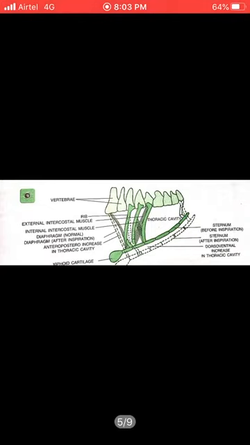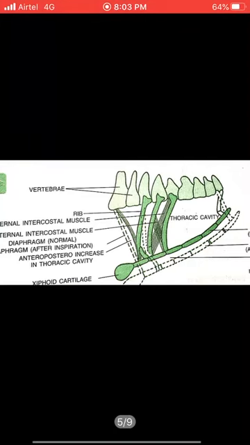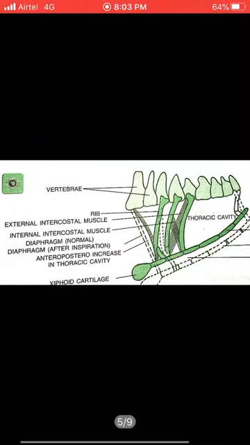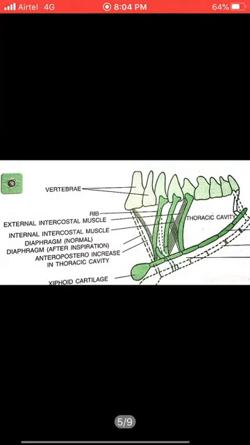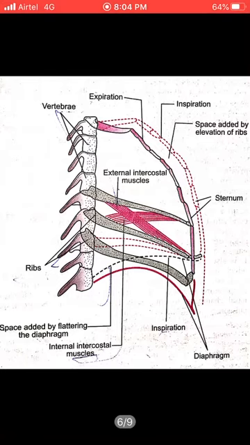Now coming to the breathing part, this is the structure of the human thoracic cavity, in which we have vertebrae, ribs, intercostal muscles, external intercostal muscles, and the diaphragm. This will become clearer in this particular figure. In this figure, we have ribs and vertebrae. Now there is a dotted line structure, which shows how much the thoracic cavity increases during inspiration of air.